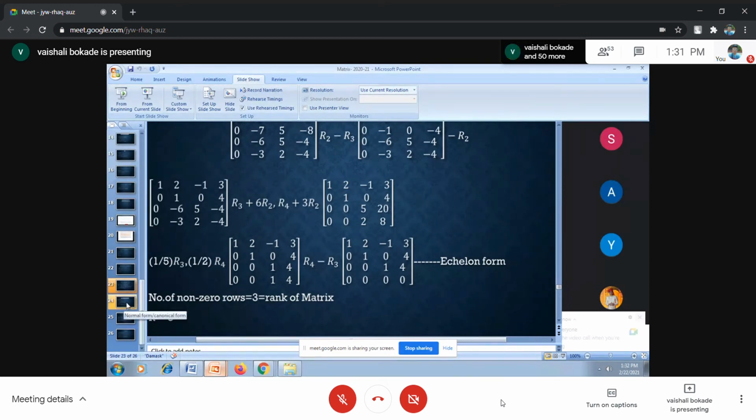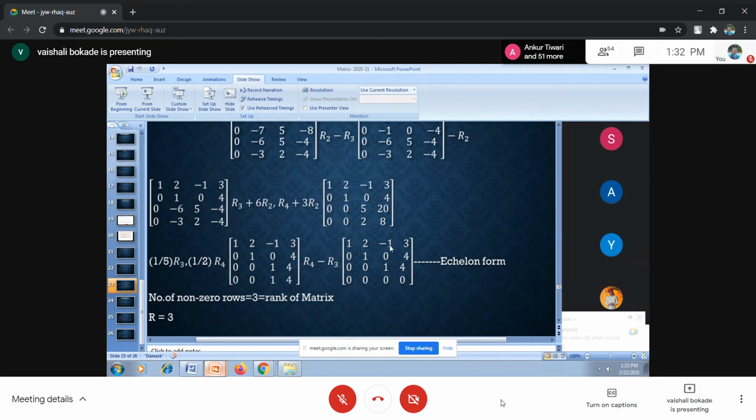See what I told you, how to apply row transformation for converting a given matrix to echelon form. Use only row transformation. For the diagonal entries, we require 1 at the 1,1 place, 2,2 place and 3,3 place. The element at the 1,1 place you will convert to 1, and for that you will use R2, R3, R4 or any of the rows here.